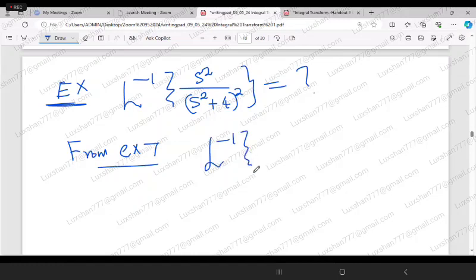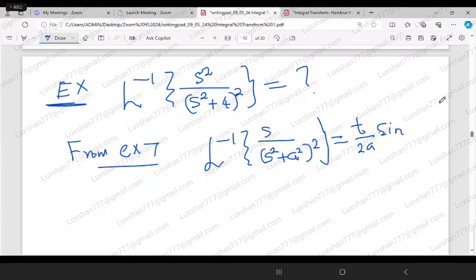We are using that. Actually, in the exam you have to do everything, but here, for the sake of finishing, we are doing it. So we have s over (s squared plus a squared) all squared. Actually, we used the derivative to find this answer. We got t over 2a into sine at. Therefore, if you put a equal to 2,